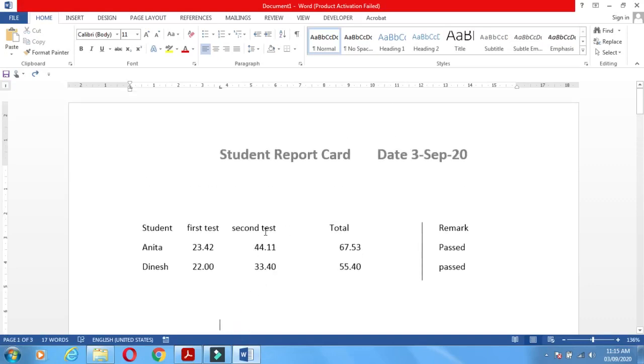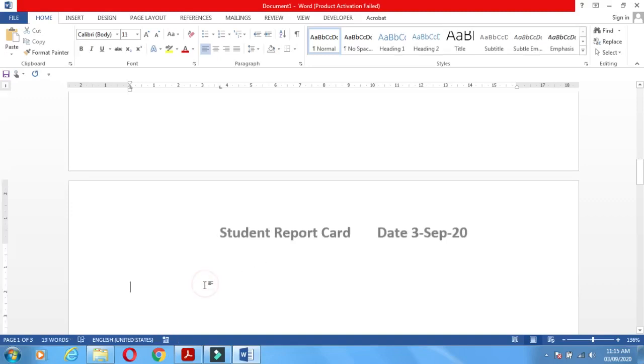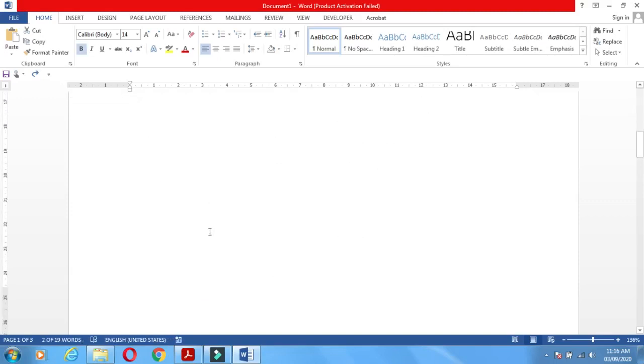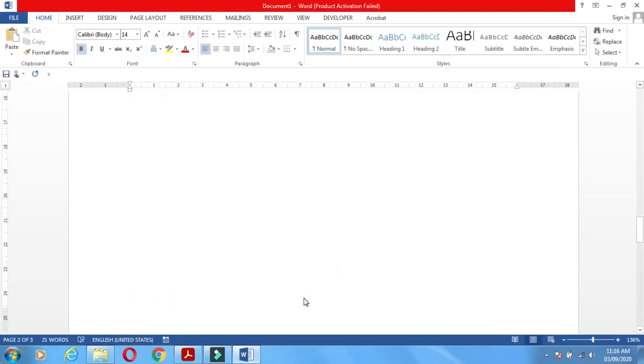This is page 1. If we are giving the page number here, now if we go on the next page, here second, this is the page second.